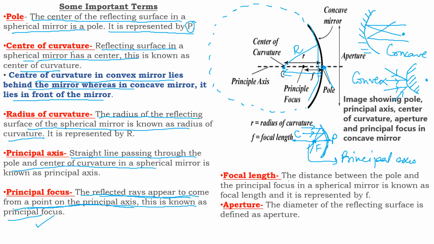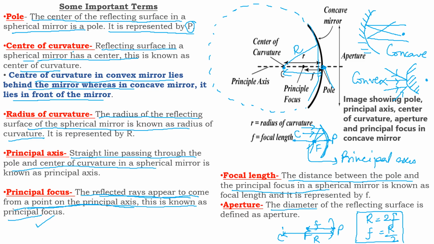Focal length, I already told you, is the distance between the pole and the principal focus. This is your point F, this is your point P, this is your point C. So this distance is called focal length, shown by small f, and this distance is called radius of curvature, and it is represented by a small r or capital R, anything. And actually this total is R equals double of f, and f equals R by 2. You have to learn this, okay? And it is visible from here. I have told you also.